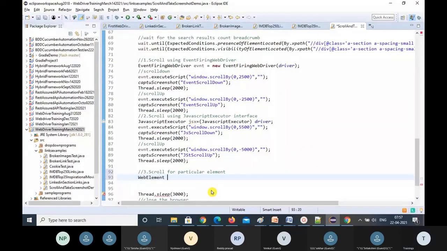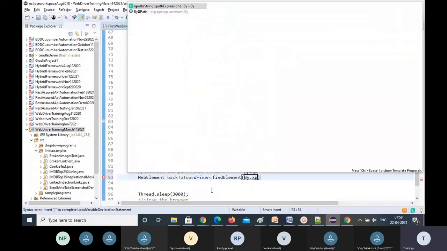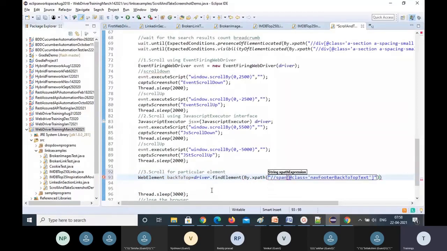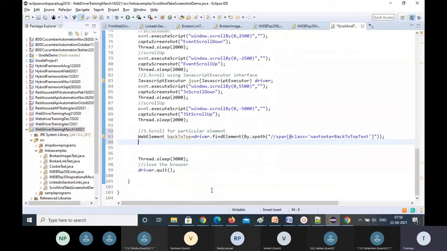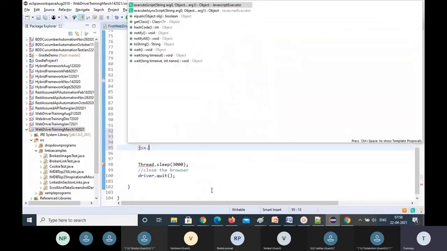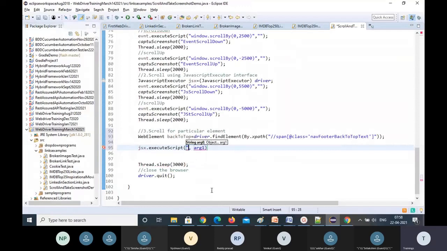WebElement back to top element, driver dot findElement, By dot xpath, you can give the xpath. That's it. For this element I need to scroll, so how can you do that? Again, JSX dot executeScript. What is the code we need to write?